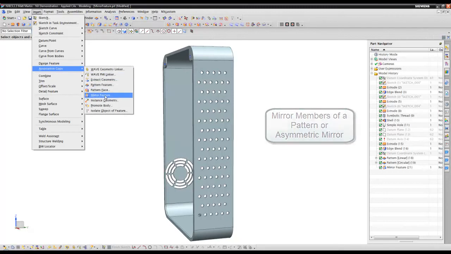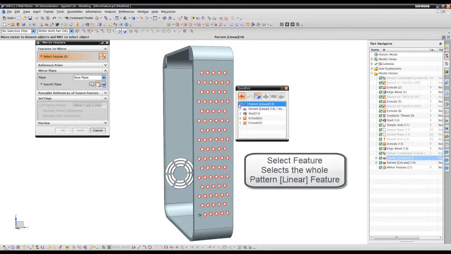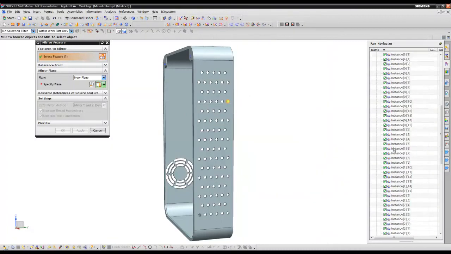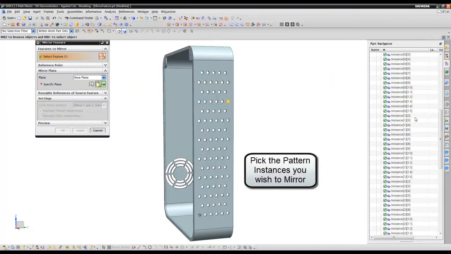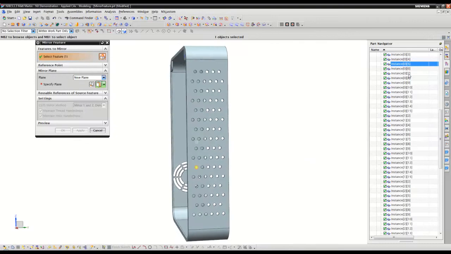I also want to do a mirror feature where I'm just going to take certain instances across to the other side. There's a fan cutout over there on the other side. I want to avoid that. So I can pick the pattern instances right off of the model tree here. I can see